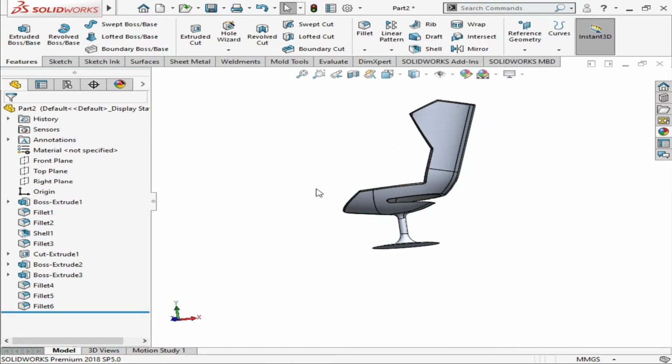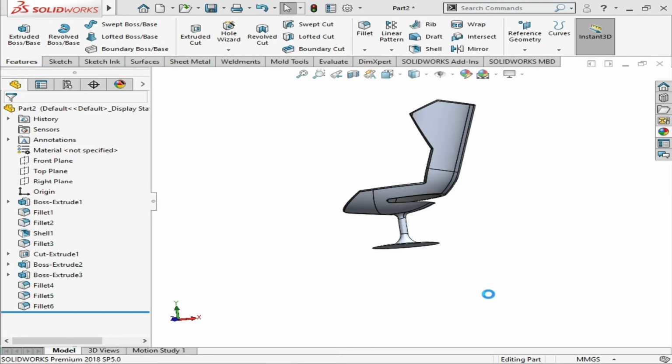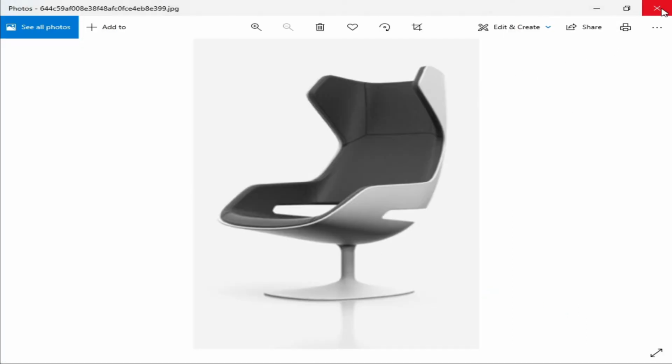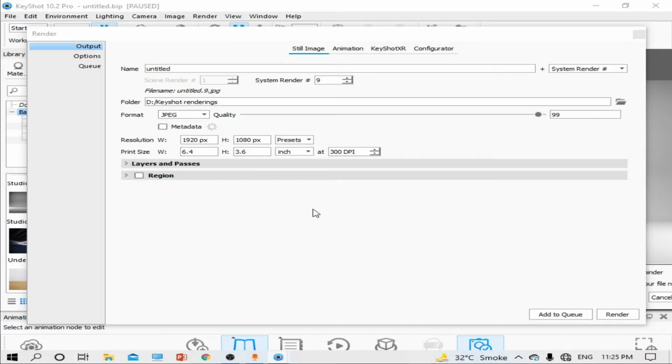You simply have to save it, Ctrl S, and give it a name, 3D model chair or 3D gaming chair, and you will save it. After that you will close SolidWorks and go to KeyShot.